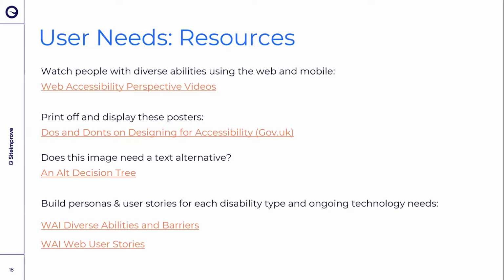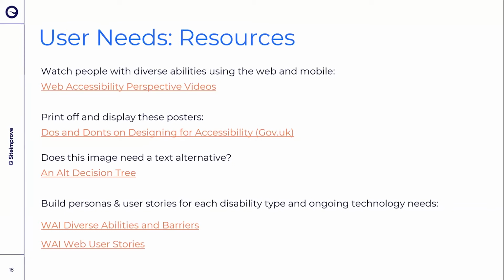Their graphics department created these do's and don'ts on designing for accessibility posters. So simple, you just print them out, or you can have them as PDFs, access them anytime. But there was simple, here's what to do to design for dyslexia. Here's what not to do. Here's what to do for those with low vision. Here's what not to do. They're really helpful. And then finally, if you're building beautiful graphics, icons, images, and they have